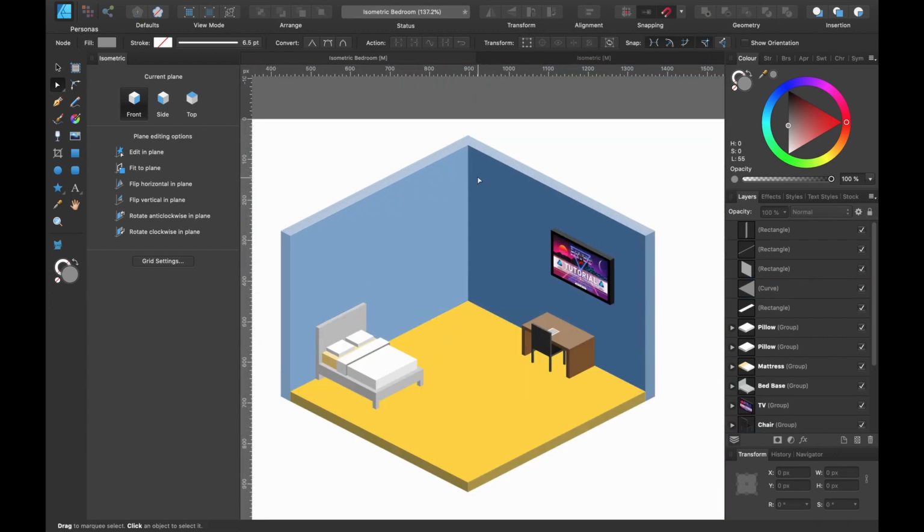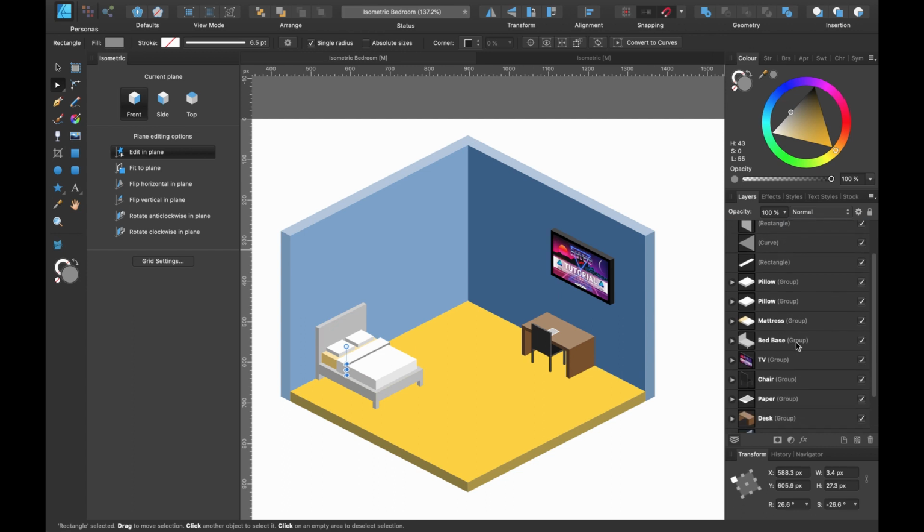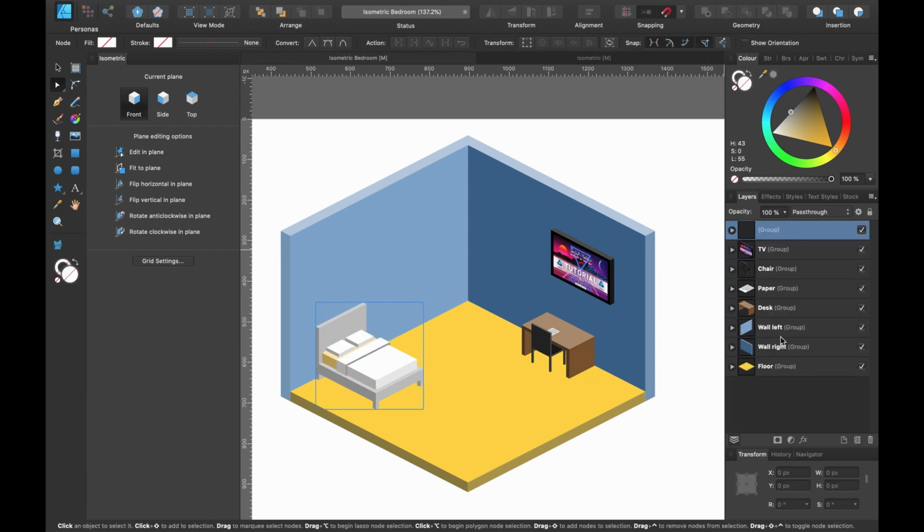Let's create a window. Let's place it around about here. But first, let's tidy up our layers. So select all the layers that contain the bed. So click on the first one, head down to the last layer, hold your finger on shift, click, Command G to group, and name it bed. Press return, and that's done.